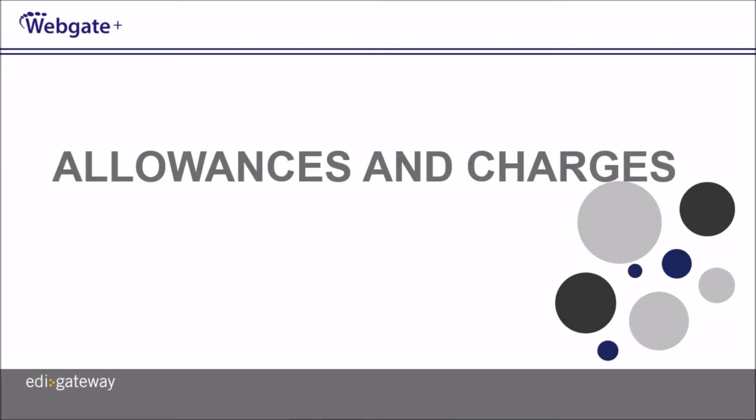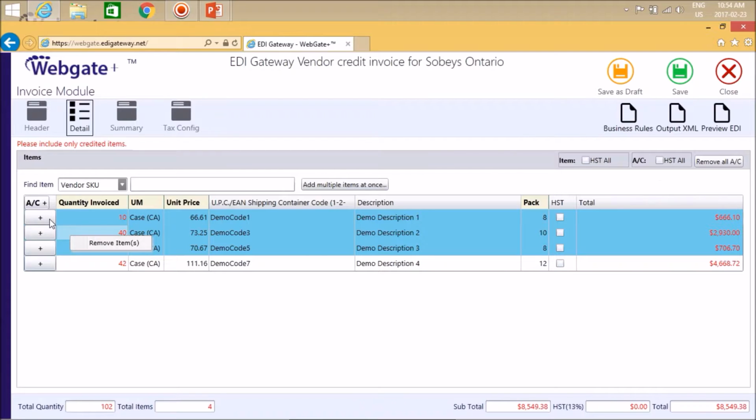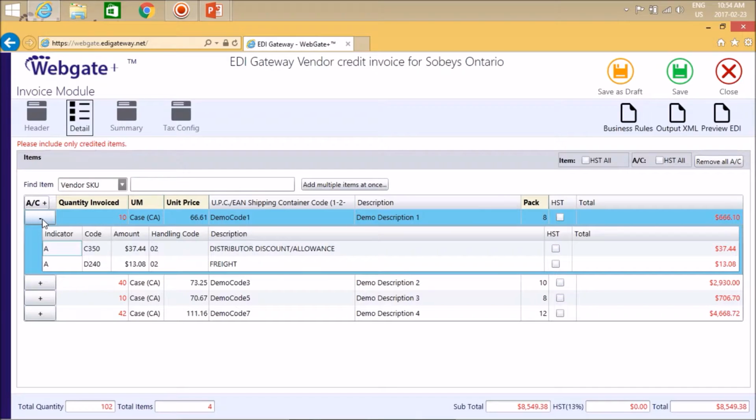Allowances and charges can also be modified. If you notice a plus sign underneath the AC header, this indicates that the item has an allowance or charge. You can view the allowance or charge detail by clicking on the plus sign. If you need to modify or delete the allowance or charge, right-click on the mouse and select the function you wish to perform. For example, let's remove this allowance. When you have completed your credit note, click on Save at the top of the toolbar